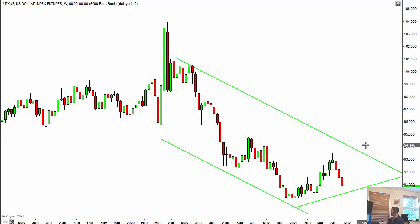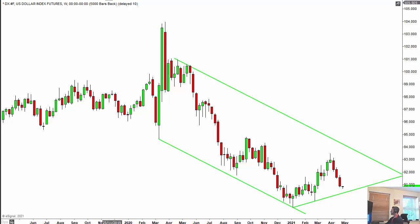So what does that actually mean? Well, we'll go to that in a minute. The potential could be that if it comes down to this lower trend line, we get a nice bounce all the way back up to the upper trend channel line here, which would be buying the dollar, which would be effectively selling the euro dollar or the pound dollar or any of those currencies against the dollar in essence. Unless you thought that the dollar index is going to break this trend line and carry on down within this channel. Okay, so if we go back to the monthly charts,